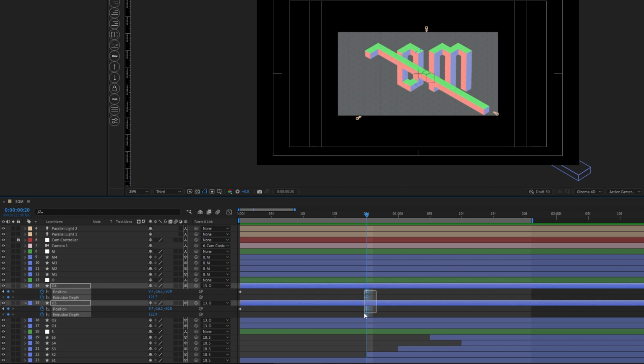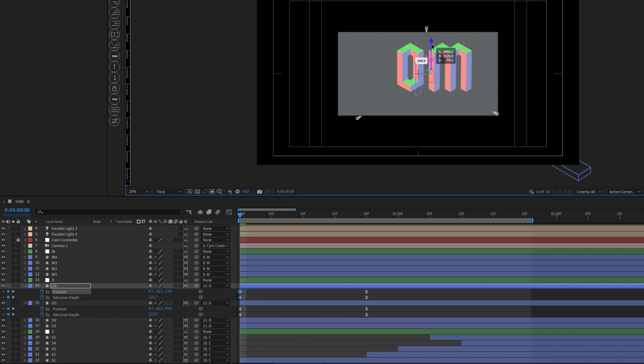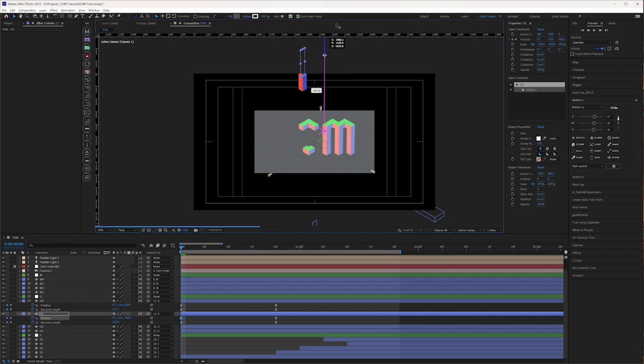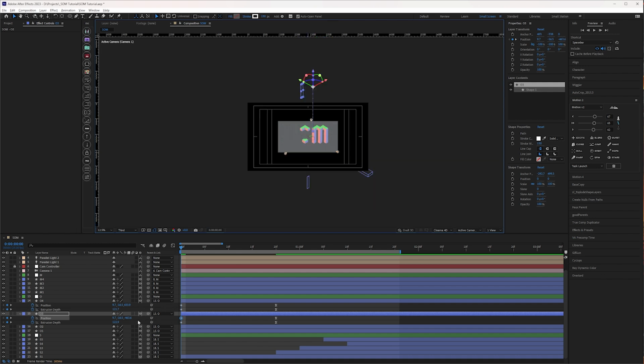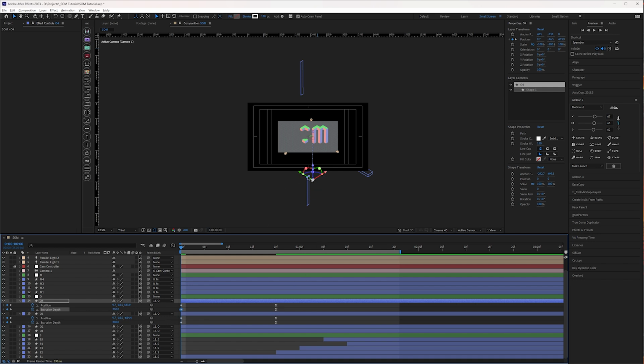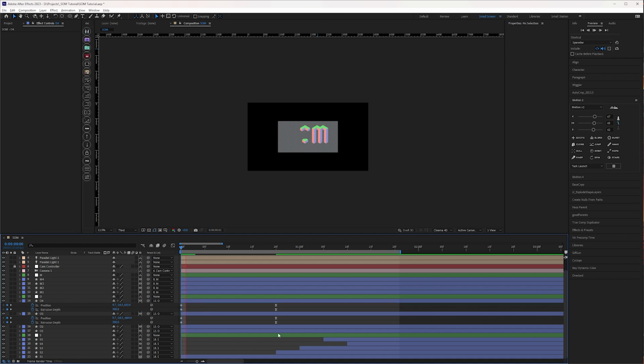So right now we can ease out these because this will be the end keyframes, and in the beginning what we will do is keep this linear, and let's push this one down here out of the frame and push the other one outside of the frame as well, but to the top. And what we will do is increase this one to maybe 300 and push it a bit more outside. Same for this one, 300, and we don't need, I think, to push it because it is going down. So now it will look like this coming in,